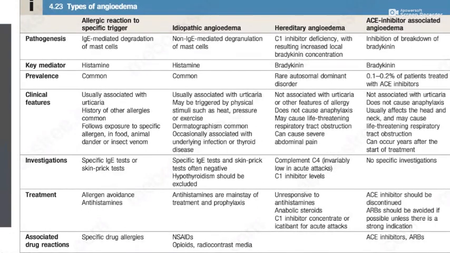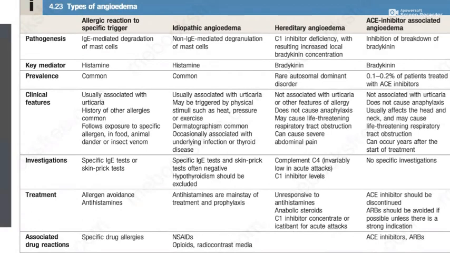Idiopathic angioedema is usually associated with urticaria, but may be triggered by physical stimuli such as heat or exercise. The hereditary type is not associated with urticaria. This is an important point. Or other features of allergy, and does not cause anaphylaxis,